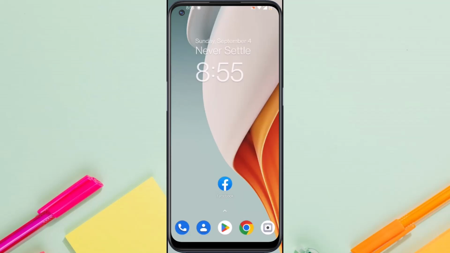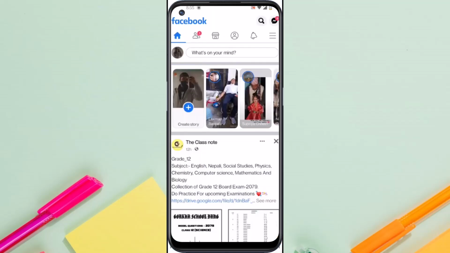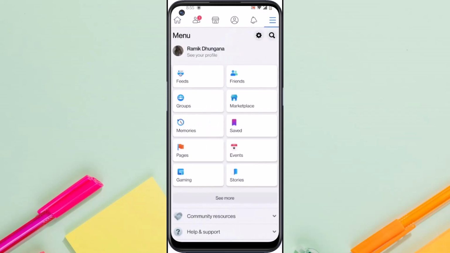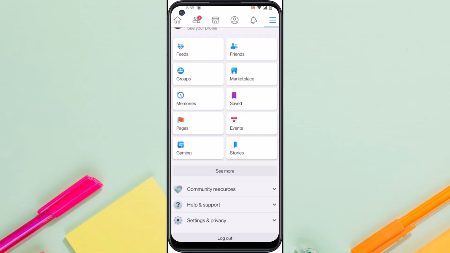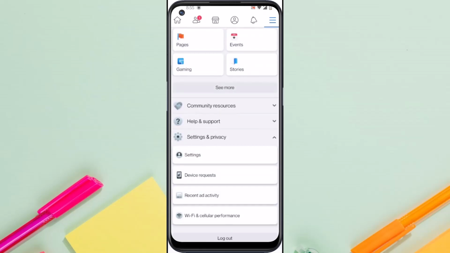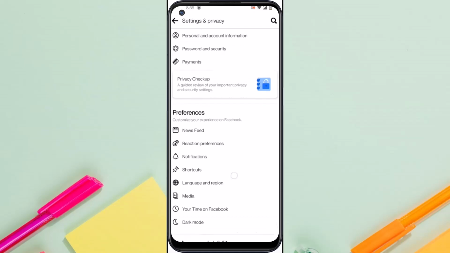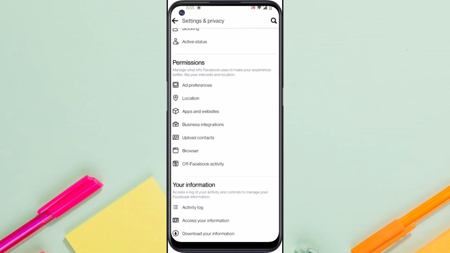So first of all, open your Facebook app. Then tap on the three lines on the top right side of your screen. Then scroll down and then tap on settings and privacy. And again tap settings. Now scroll down and under permissions option, tap on the option upload contacts,